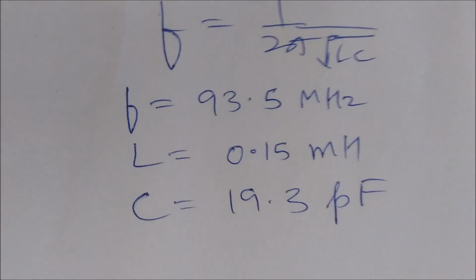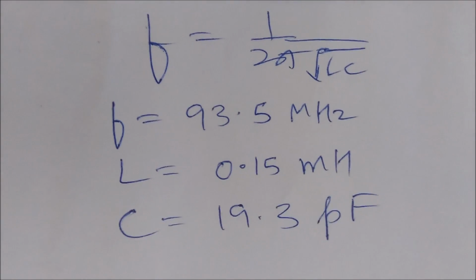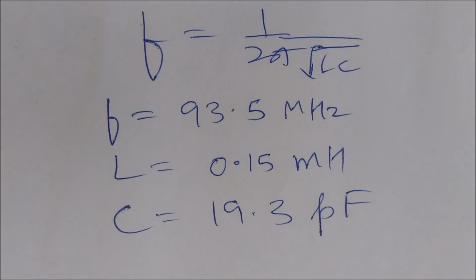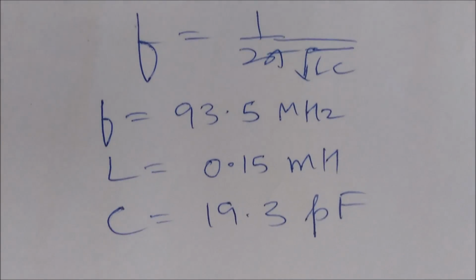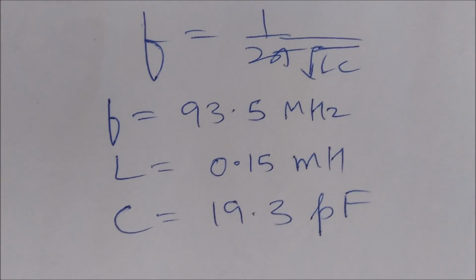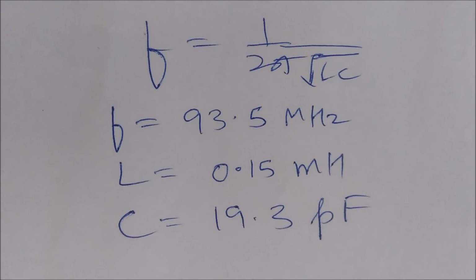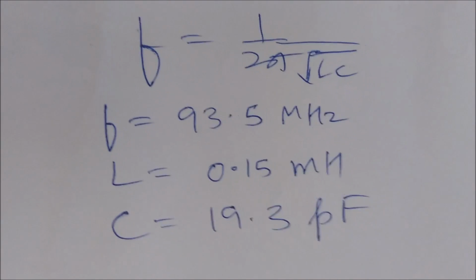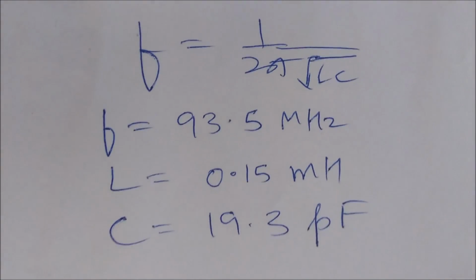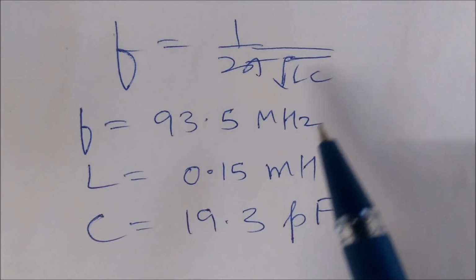Friends, now we are going to discuss the real life application of this circuit. Say we want to tune our radio station to 93.5 FM. The component which helps us in selecting the required station is the tuner. So in the tuner, the resonant frequency is related to the inductance and capacitance values by the formula F is equal to 1 upon 2 pi under root LC.